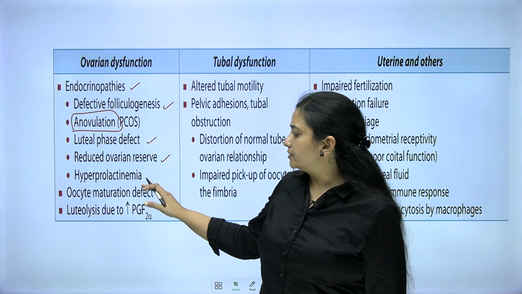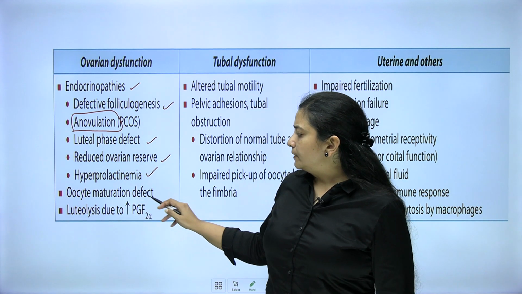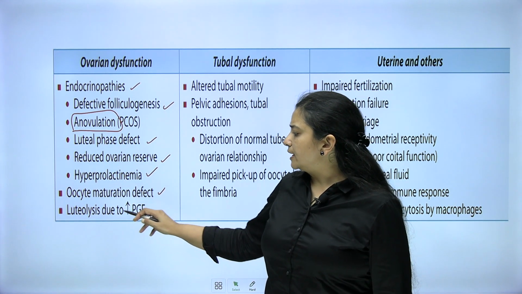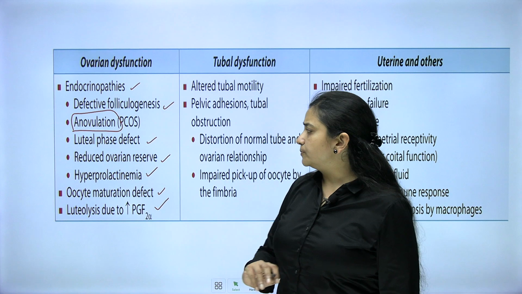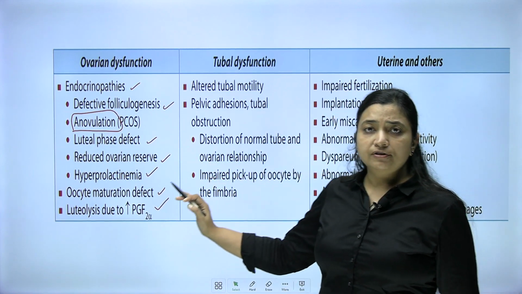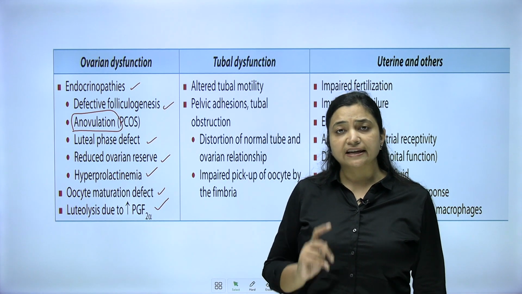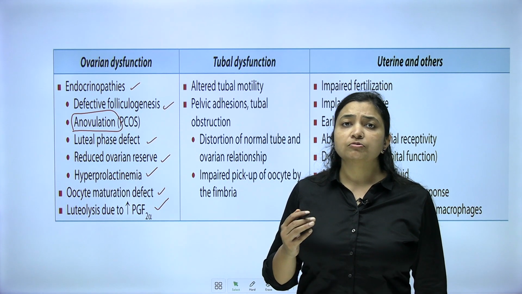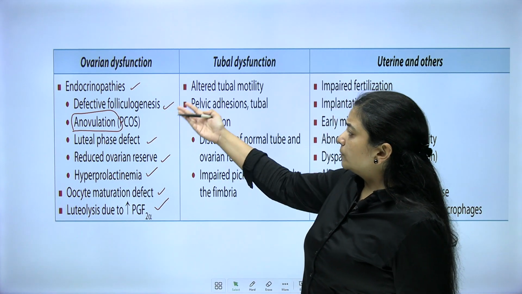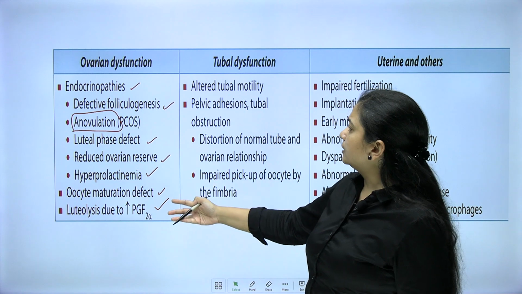So reduced ovarian reserve. It is associated with hyperprolactinemia, oocyte maturation defect and luteolysis due to the presence of prostaglandin PGF2 alpha. There are so many causes which can cause infertility. We don't know, a mixture of all these factors causes infertility, but yes, in cases of endometriosis you will find infertility. So it could be because of endocrinopathies, anovulation, luteolysis,